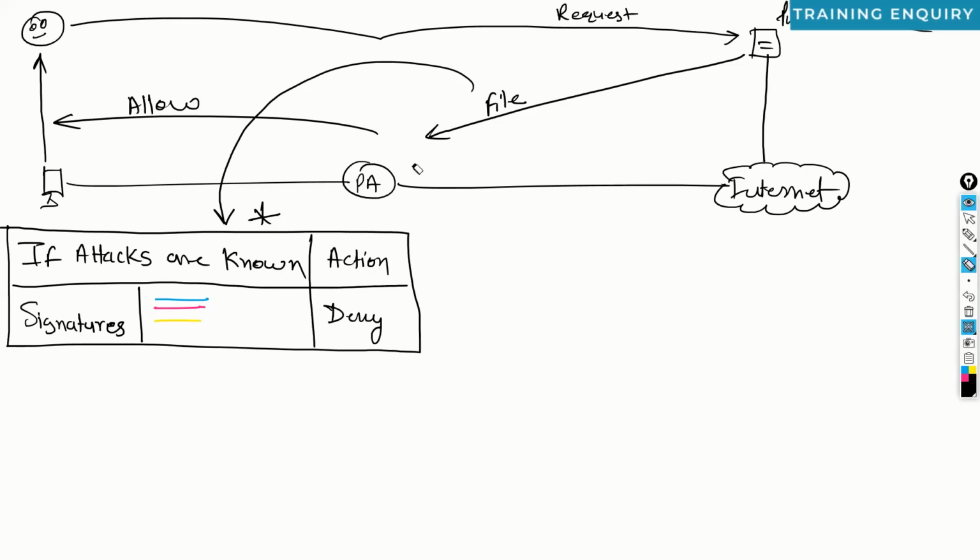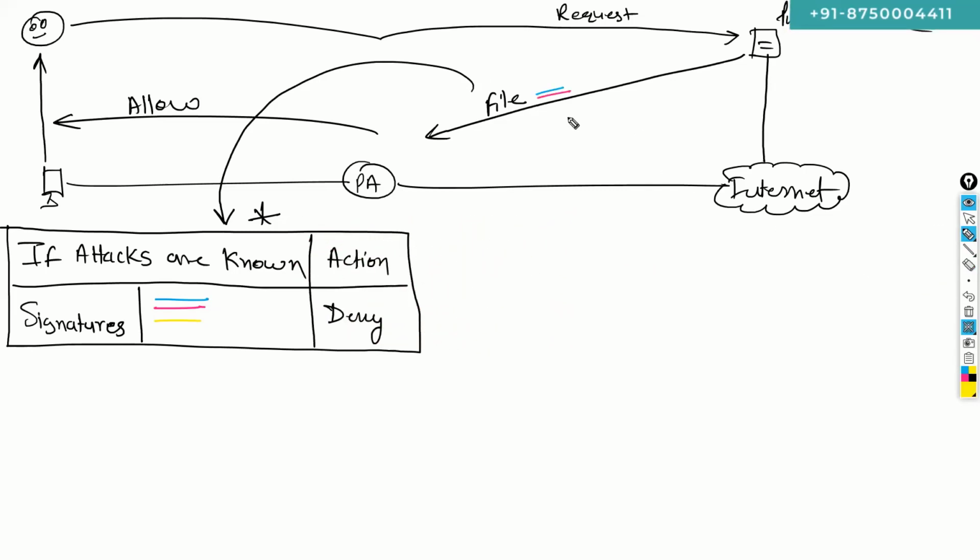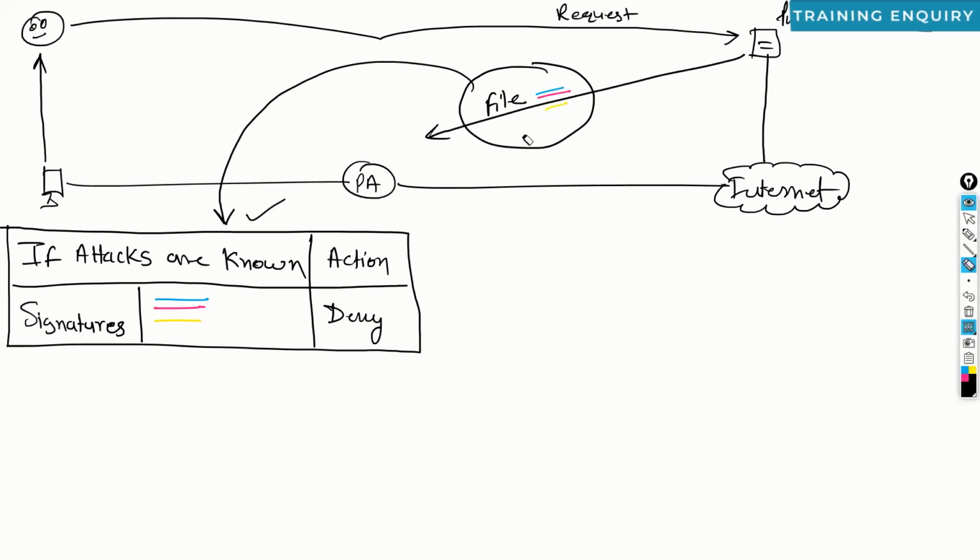Now, what will happen if a file contains any virus, any spyware, or any restricted file? When such a file arrives at the firewall, the firewall will check, yes, at this time one or all signatures are matching. When we can identify the attack, yes, these are viruses, then the firewall will deny that file or deny that transmission. So firewall can only deny known attacks. But what will happen if this file contains a zero-day attack, ZDA? We can call it